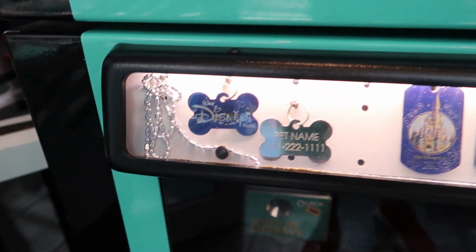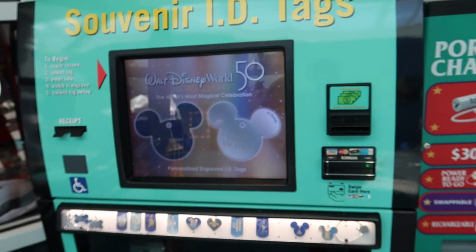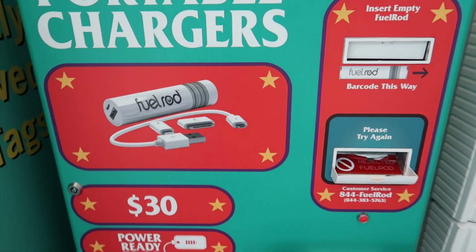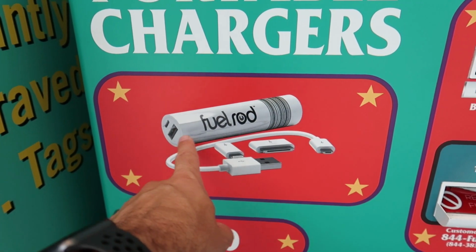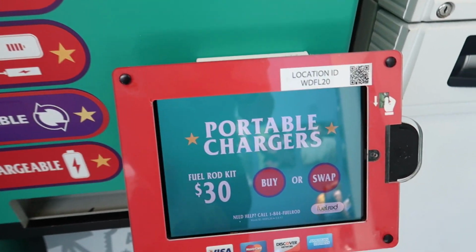So here's a little sample of some of the tags you can order on the machine here. And then there's also an ATM here, and also a fuel rod station, which is actually really, really helpful. So it's $30 for the kit, which gives you this little kit here. The fuel rod comes charged. Once it drains, when you power your devices or charge up your devices, you can come over here and swap